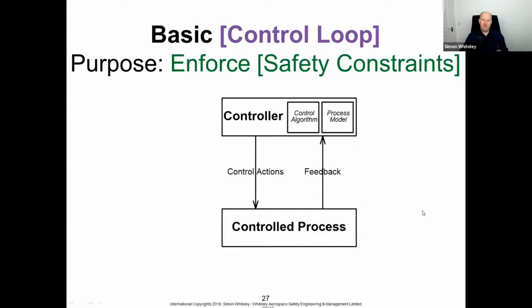So you might be familiar with this, and if you're not, I'll explain. This is what's called a basic control loop. The purpose of this is to enforce safety constraints through some form of control actions. So this controller controls the control process, and it receives feedback about the process that updates what's called a process